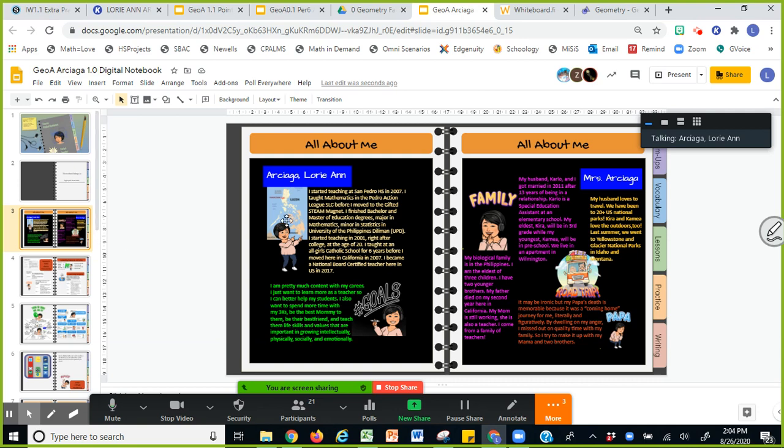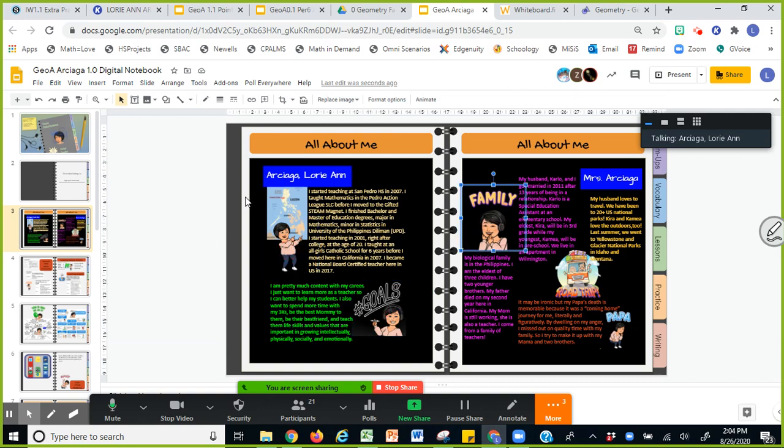This is my All About Me page if you want to read up about me. But you can make this your own, okay? In your copy, you can customize it. Just make sure you put your full name here and how you want me to call you over here. And you can change the pictures. Those are my avatars. Does my avatar look like me?